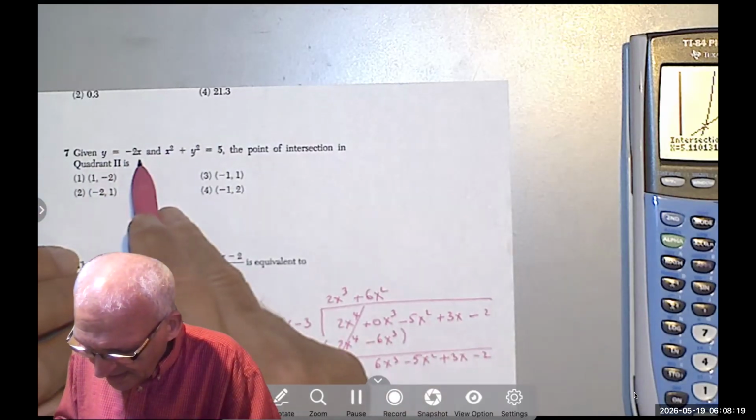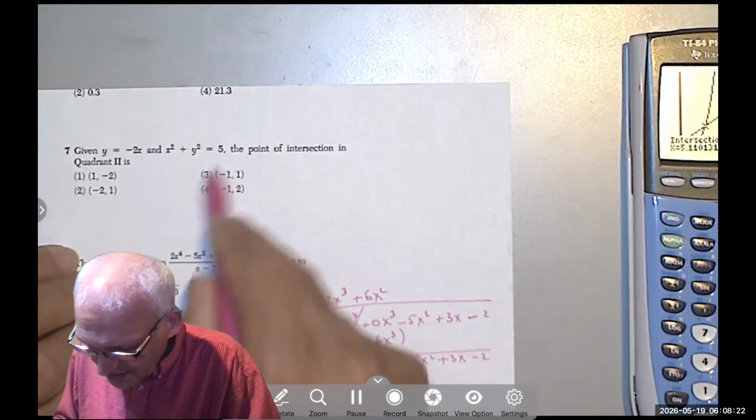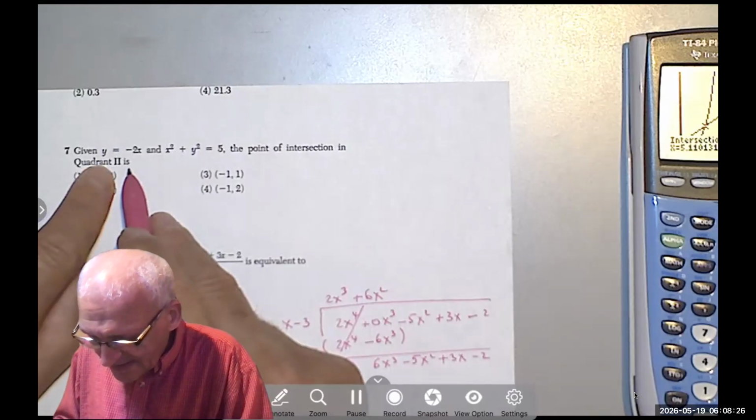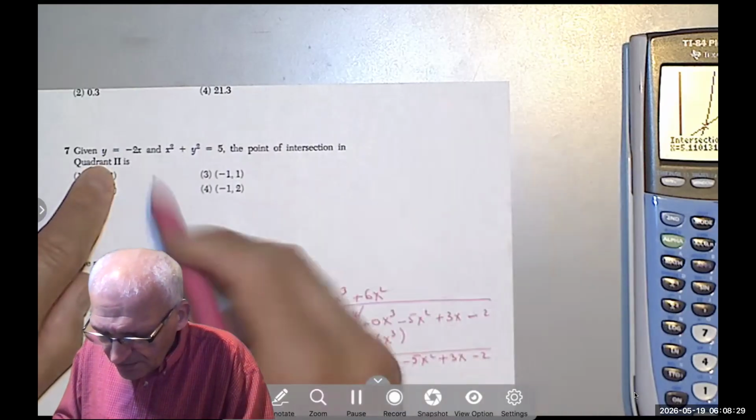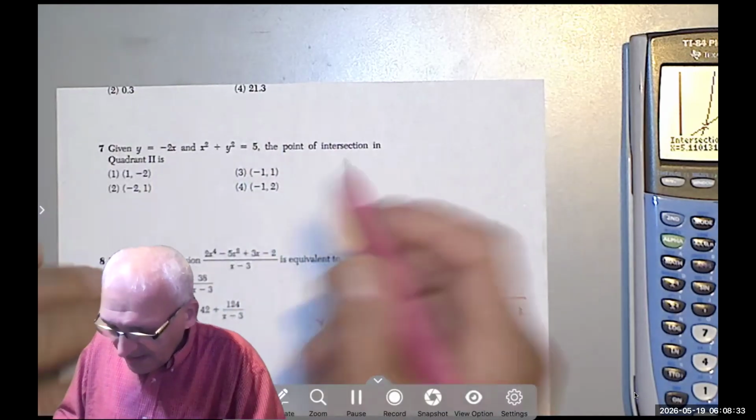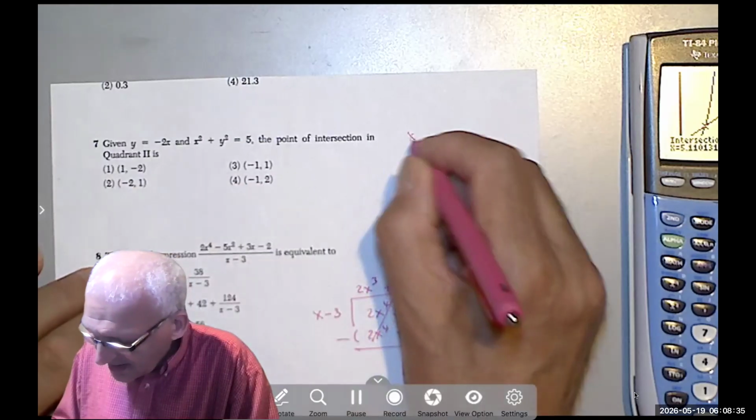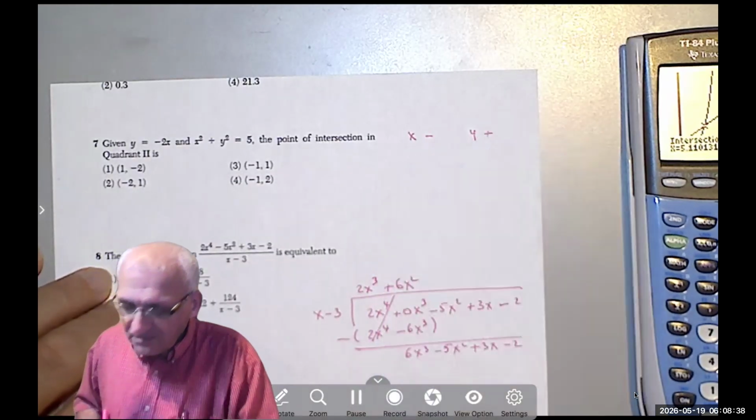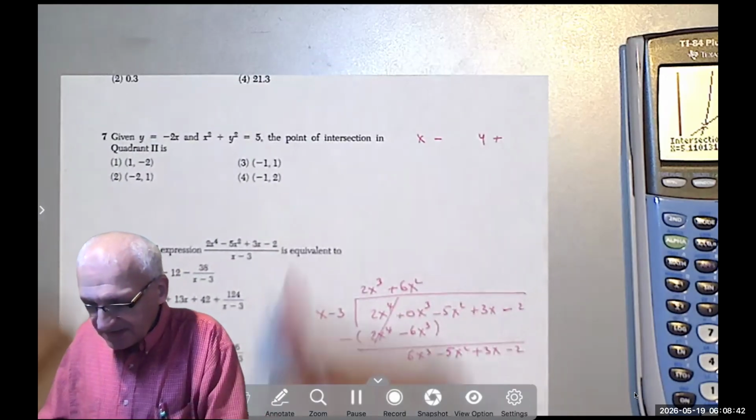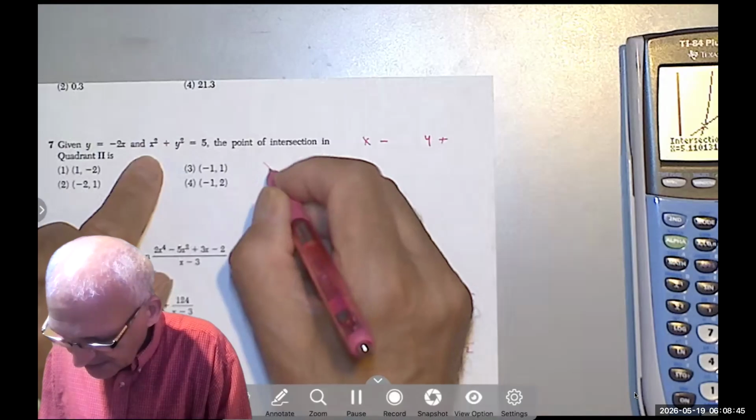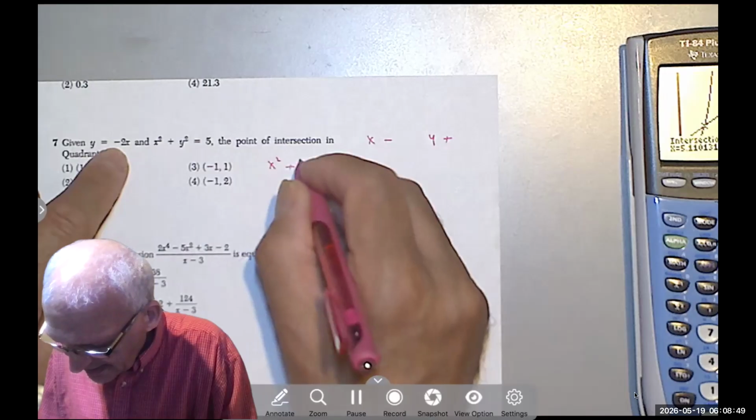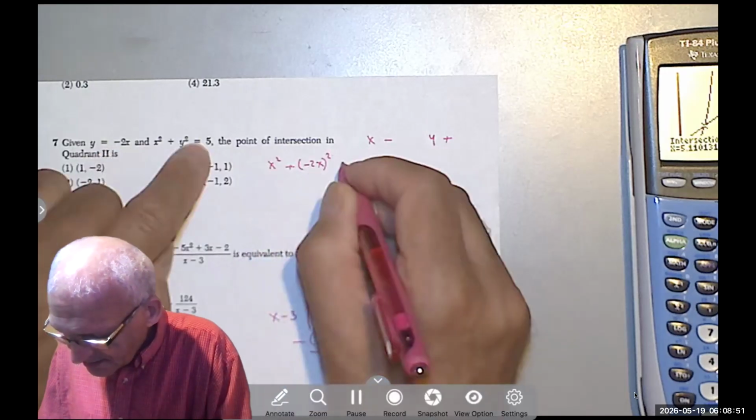Given y equals negative 2x, and this is a circle, right? The point of intersection in quadrant 2 is, well, we know we have two solutions. One of them would be in the second quadrant, where x is negative and y is positive. I know that. So that's a quadratic equation. I'm going to write x squared plus y squared, but y is negative 2x, so plus negative 2x quantity squared